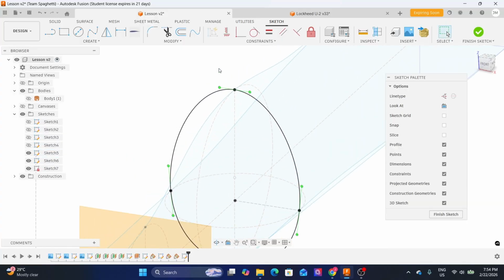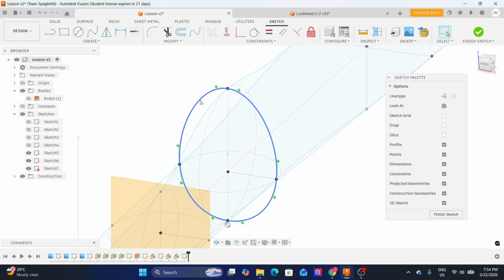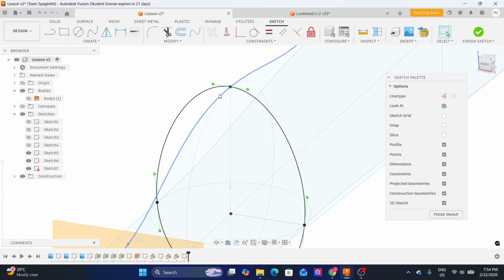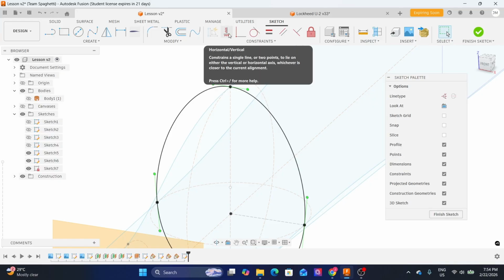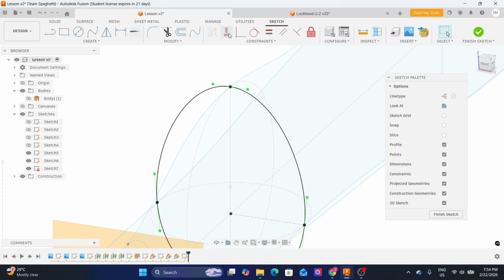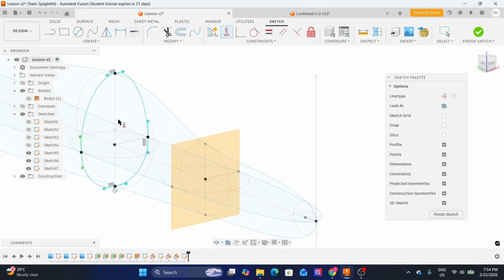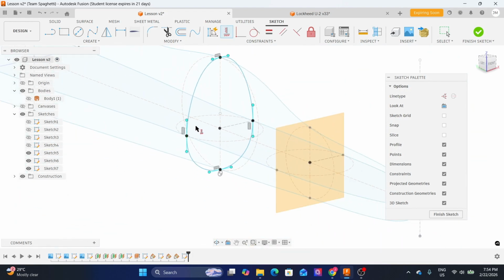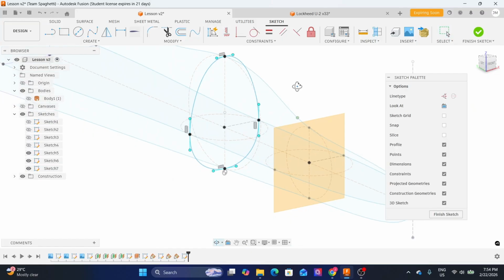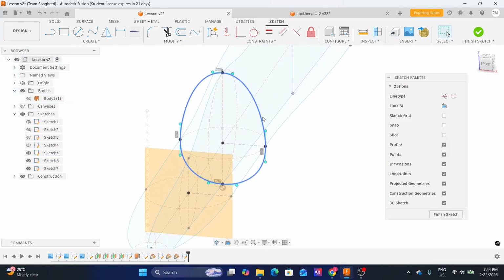What I would like to do, since we have created a fit point spline and they do have tangent handles, the green lines here, I would also put a constraint on each one of them. So I'll select again horizontal or vertical constraint. So I'll select this. I'll select this one. 1, 2, 3, and then 4. There we go. So we now have created a 3D sketch